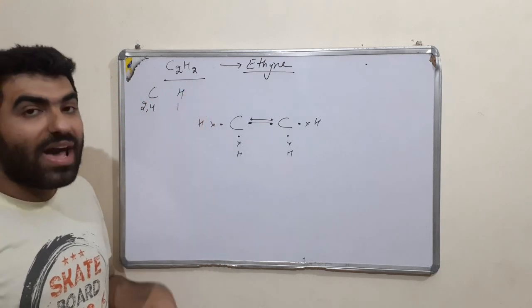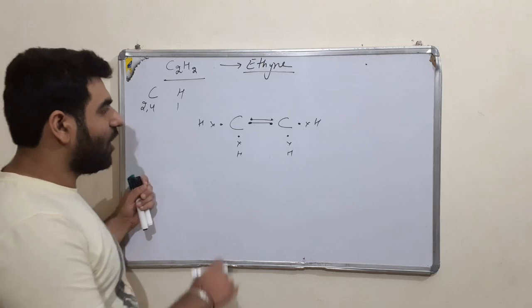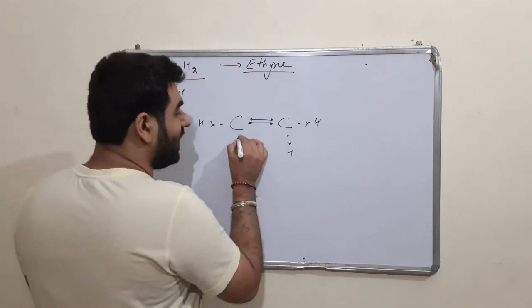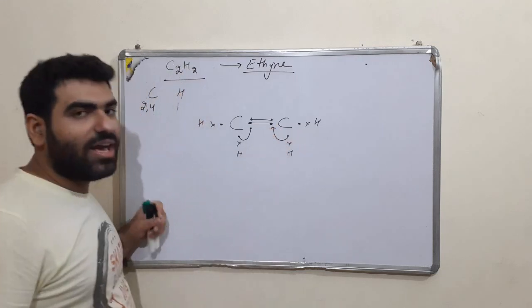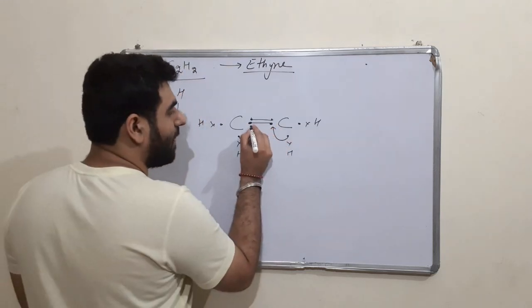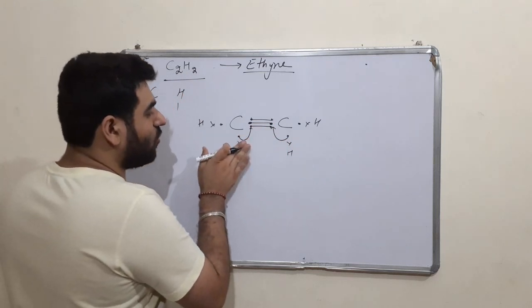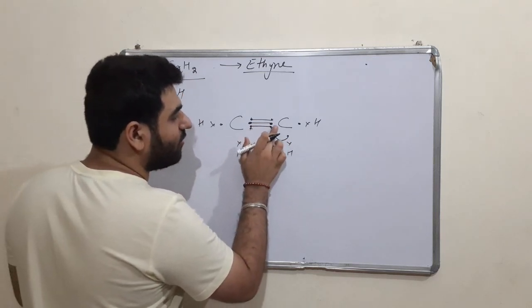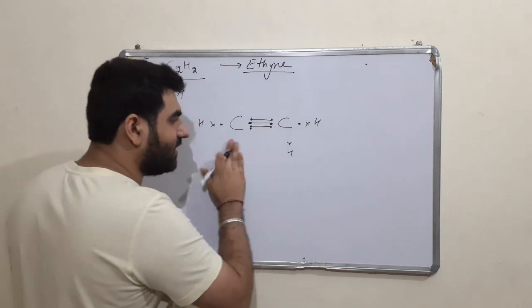No, we require 2 hydrogens. Alright. Now what could be the possibility? This electron and this electron should help make one more bond. This and this, again a bond formation. So this has contributed into the bond formation. This has contributed to the bond formation. We don't require these two now.